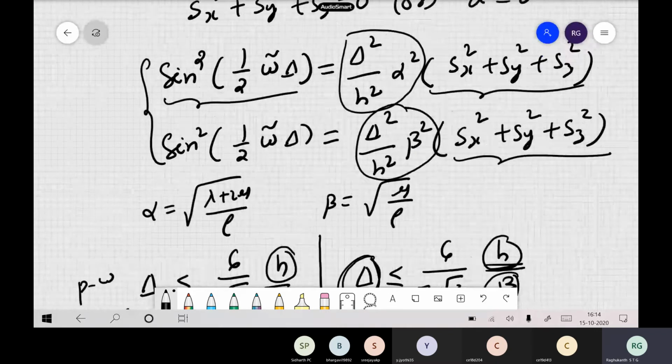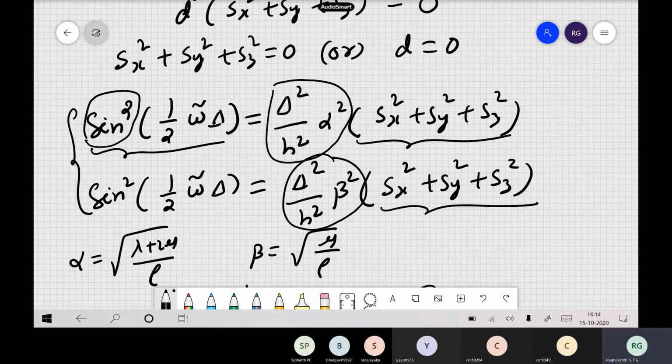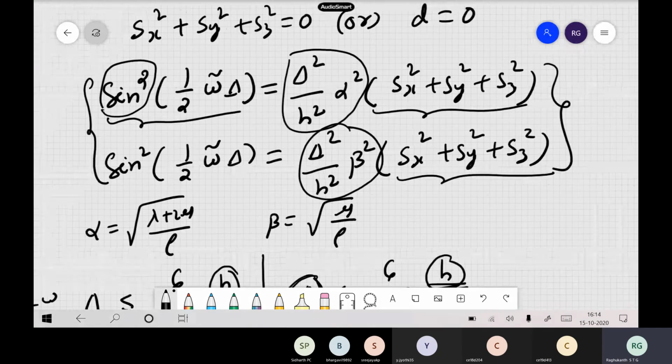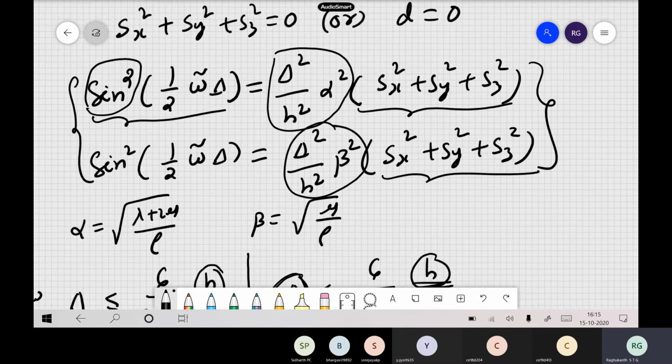Whatever equations are there, you take the square root on both sides, and this sine term becomes a sine inverse. So sine inverse of delta by h into alpha, same thing only. These are the grid dispersion curves. And you substitute omega by k, you followed it, that will give you the velocity. So c is omega by k, so alpha hat is nothing but omega hat by k. So this is what we have done here.